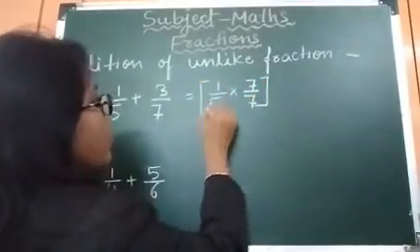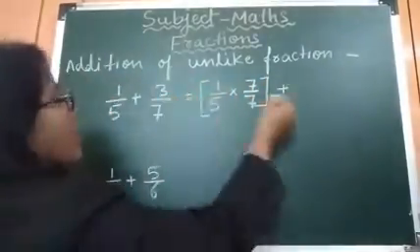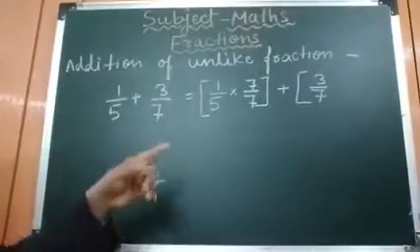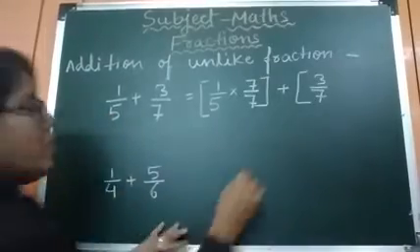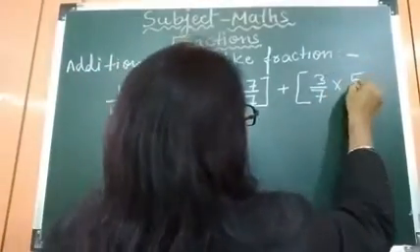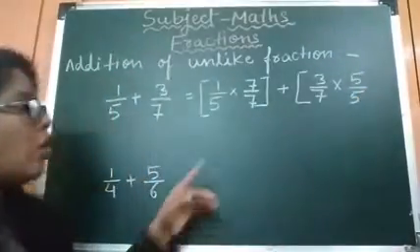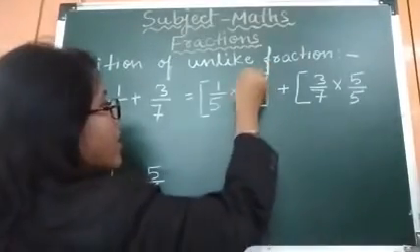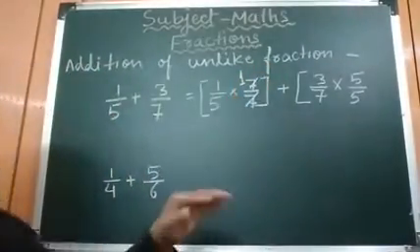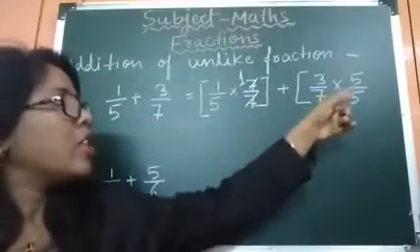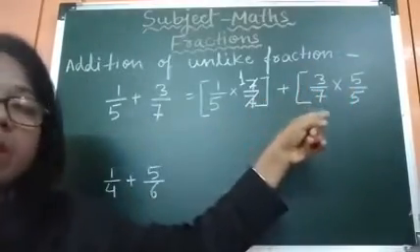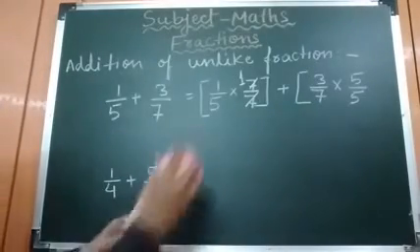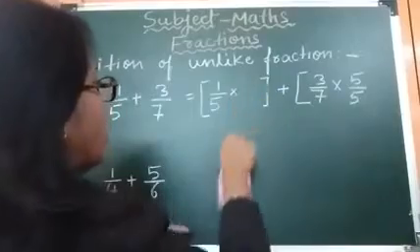Fine. First we will do this and second, 3 upon 7. The second fraction should be multiplied by the first denominator. First denominator is 5. So, up and down 5. Why up and down 5, up and down 7? When we cancel 7 and 7, we will get 1. So, there is no effect on 1 upon 5. There is no effect on 3 upon 7. But why are we multiplying it by 7 upon 7? Because we want to make the denominator same.